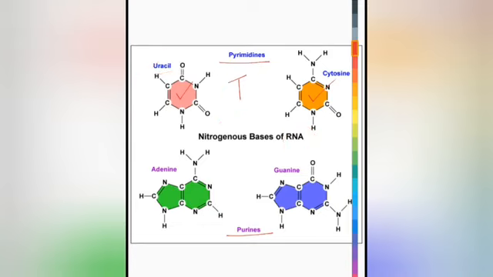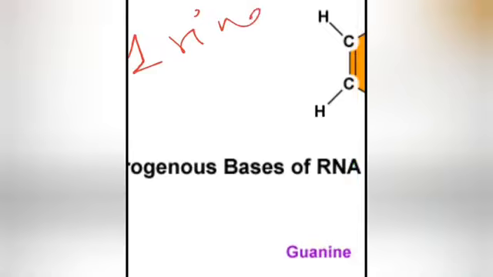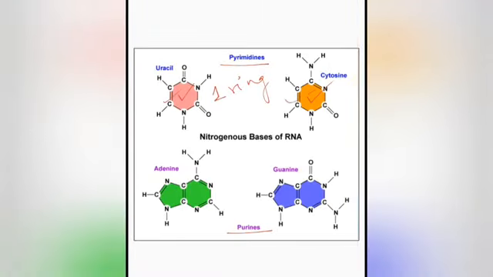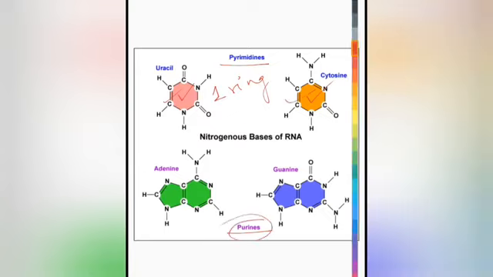Let's discuss about the types of nitrogenous bases, and the types will be same for DNA and RNA. So I was talking about pyrimidine. Pyrimidines are those nitrogenous bases with one ring. As you can see here, there is one ring, and here also there is one ring. But in case of purine, you can see there are 2 rings, and in guanine also 2 rings. So pyrimidines and purines are differentiated based on the number of rings they have.